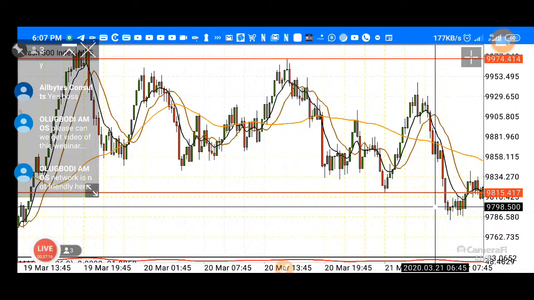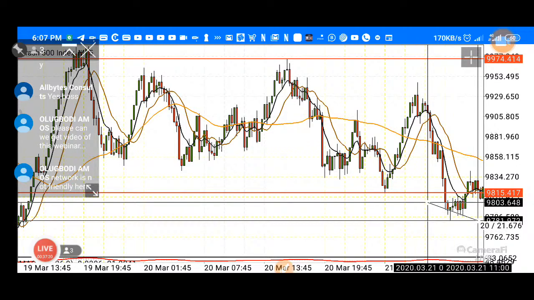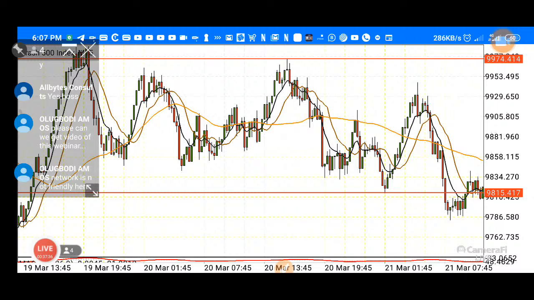Let me calculate. That's still 21 pips. Do you see? So that's 21 pips, that's for the aggressive traders, and for the conservative traders,